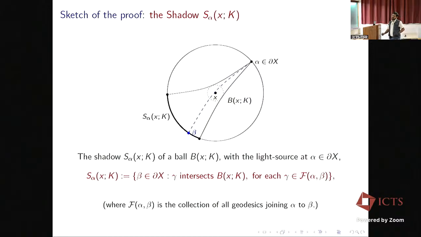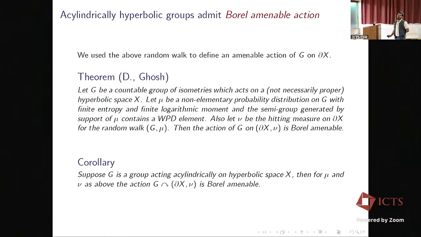So, a quick sketch of the proof: we are essentially trying to do the same thing we had seen earlier, but here the situation is different. The curve complex is a very nice object, and you have a lot of information on it. Here you have just a hyperbolic metric space, and that too is not proper. So you essentially do not know much about the action of the group on the hyperbolic space, like you did in the case where you had a result by Bowditch and other results like Klarreich's result, etc. So here you do not know much about the hyperbolic space and its boundary.